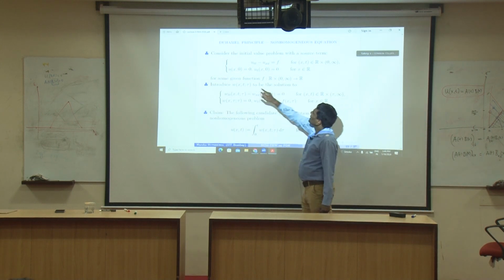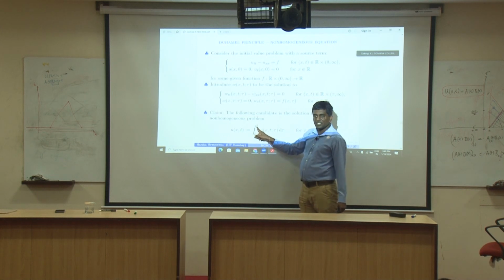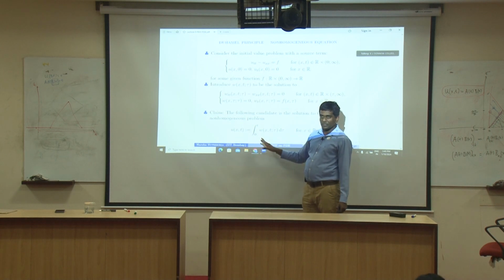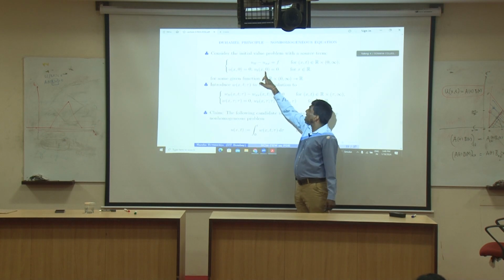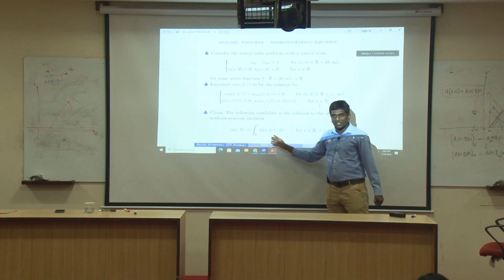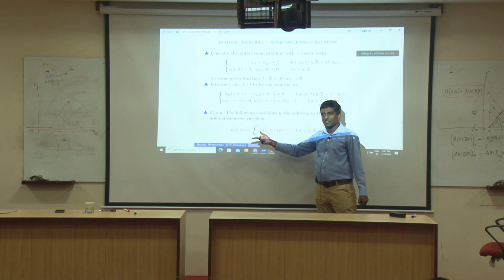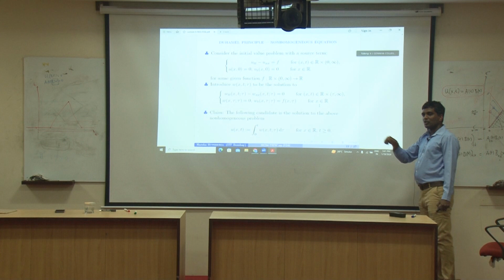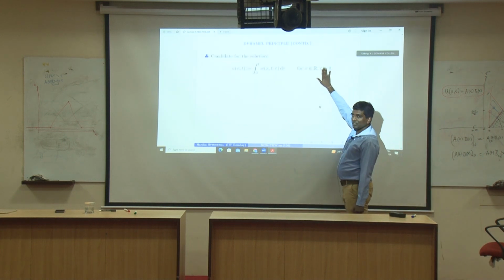first observe that u of x comma 0 is 0, because when I take t equal to 0, there is nothing being integrated. Now you differentiate that, because you have to first differentiate with respect to t and then take t equal to 0. When I differentiate with respect to t, we know the Leibniz integral rule, because I am differentiating with respect to a variable which also sits as a terminal point. Yesterday we saw the Leibniz integral rule and we will use that. So this is the candidate for our solution.